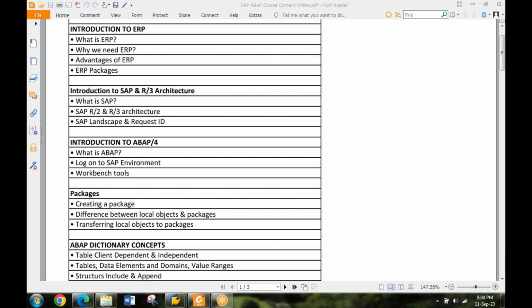So as far as ABAP is concerned, we will be doing programming and coding. We will be doing the database part, how the database is created and managed in SAP. Be it any programming language, whenever you talk about a dynamic programming language, a database has to be there in the backend. Otherwise, it will be a static web page, static website.